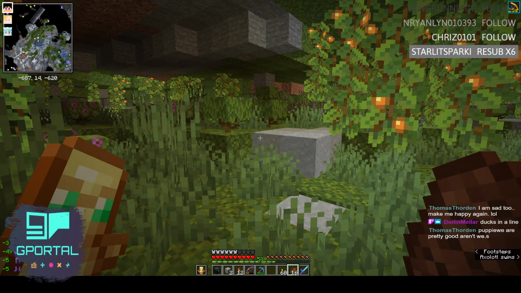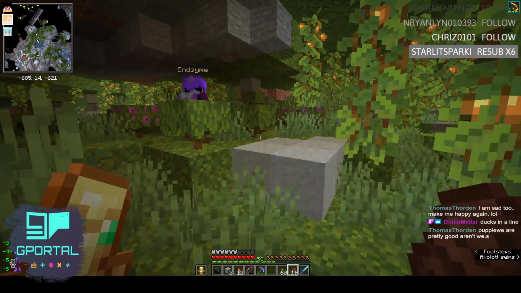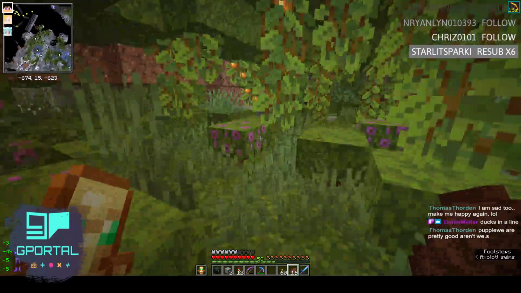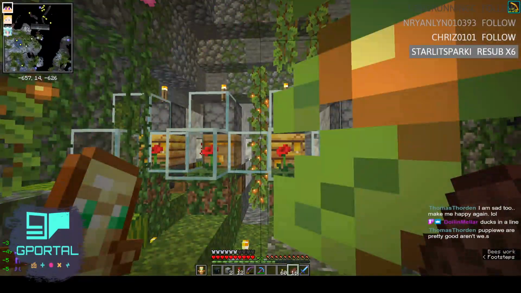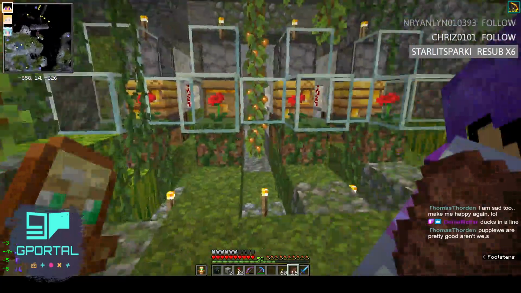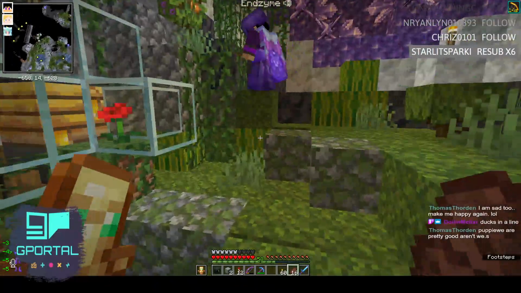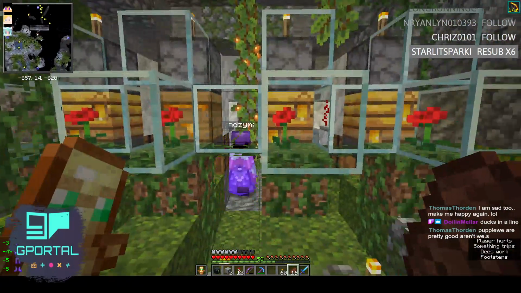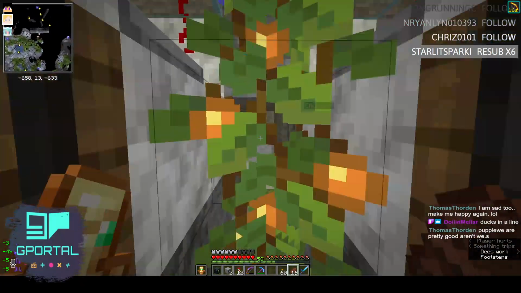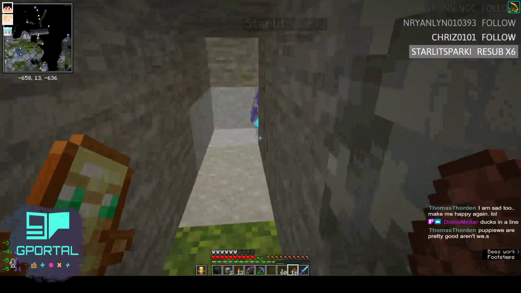There's a bee farm? What? You didn't know about the bee farm? I knew we had one somewhere, but I didn't know how to get into it. Welcome. Yep, it's right here. He went all the way up and around. I went straight forward.